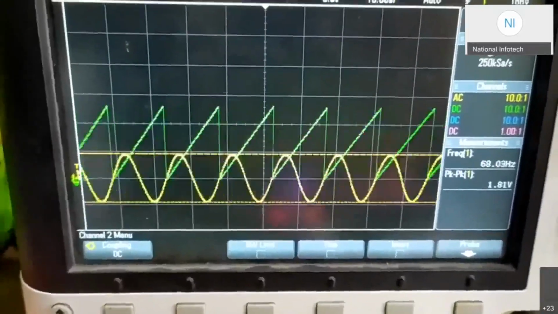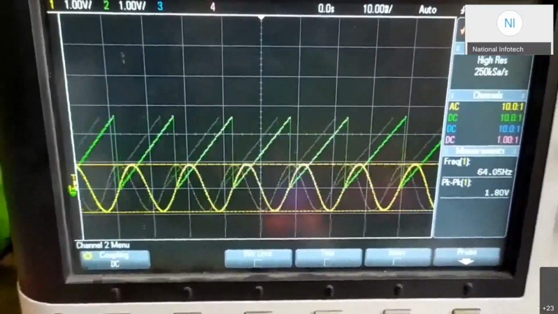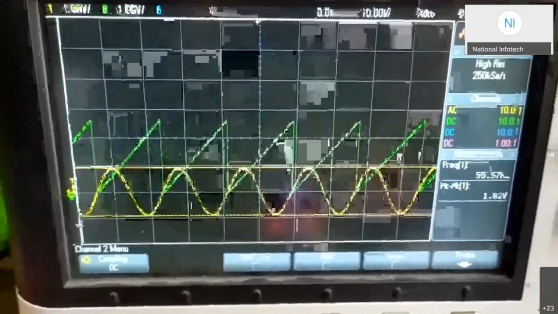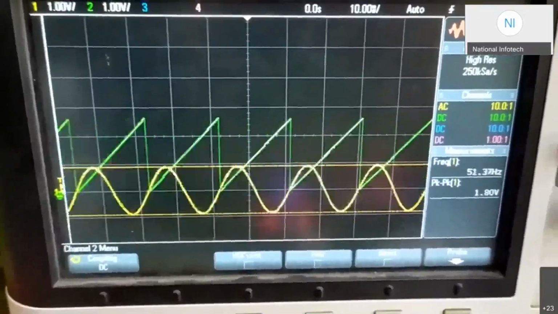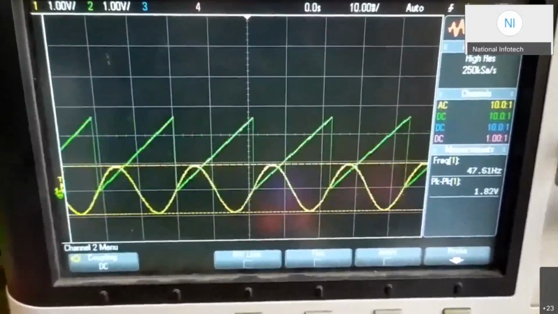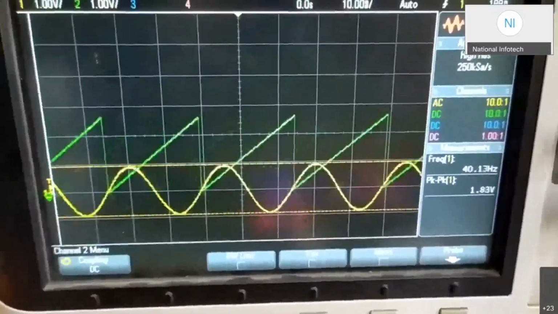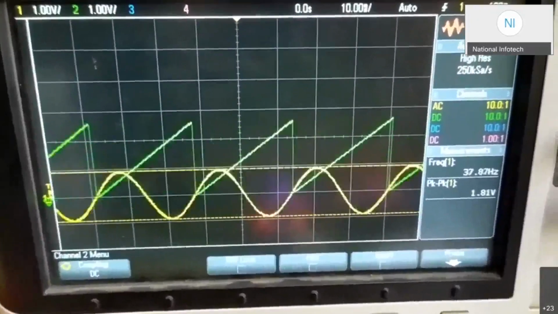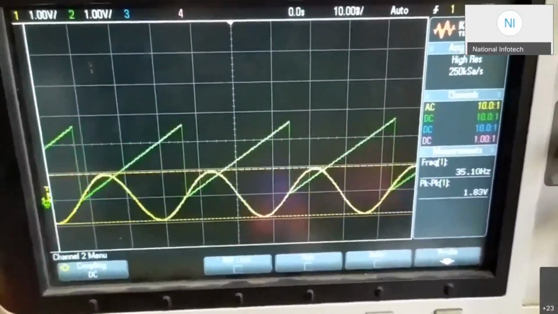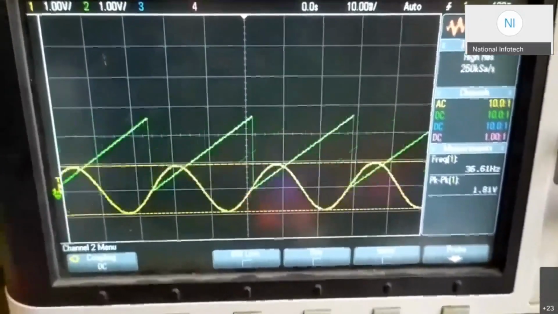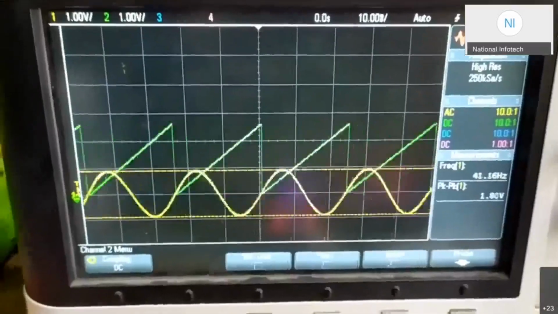Our estimation of the angle is happening very correctly. With this we can say so. I can go below 50 also. But generally, this much variation in the frequency we cannot observe in the actual system. But the robustness of the system, or this algorithm, we can verify with this, that it is able to track the change in the frequency easily.